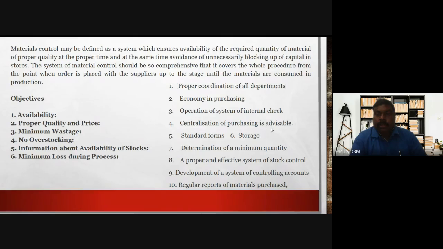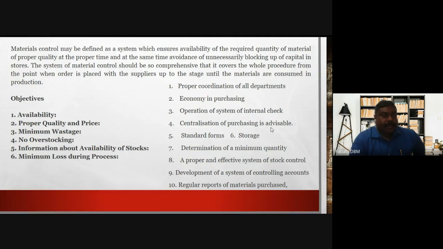Because when a company receives material, they compulsorily have a quality check. They are going to check the payment, the quality, and the invoices, whether it is properly maintained, properly transported, whether proper bills are there or not, and they are going to check the addresses. Then only they are going to give way to these lorries to get in. So they are going to maintain standard forms, and storages